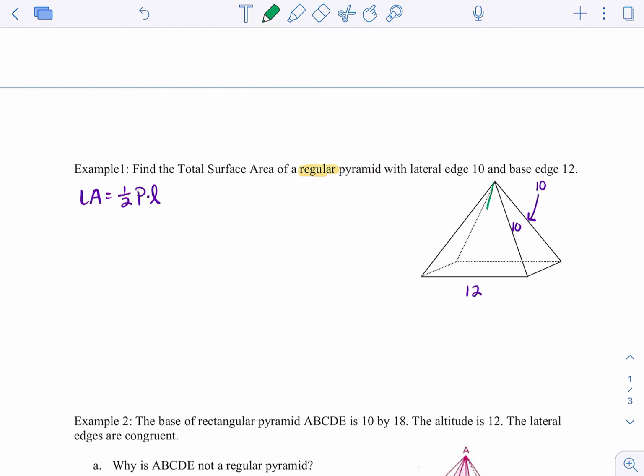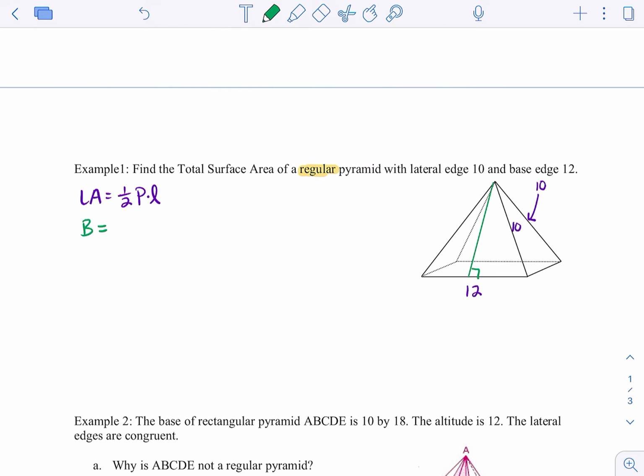So the slant height goes to the middle of one of the edges from the tip along one of those triangles on the side. So this does form a right triangle, so that will help us keep in mind here. And then we also are going to need to figure out the area of the base. So you can kind of start to break this down and think about the different pieces that might be easier